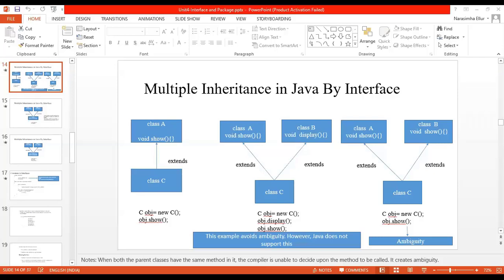So in the last class, we were discussing what interfaces are, and we have discussed how multiple inheritance can be achieved using interfaces, right? And we have also seen how your interface reference can be used to call the methods, right? So in today's class, we need to discuss a topic called nested interfaces,